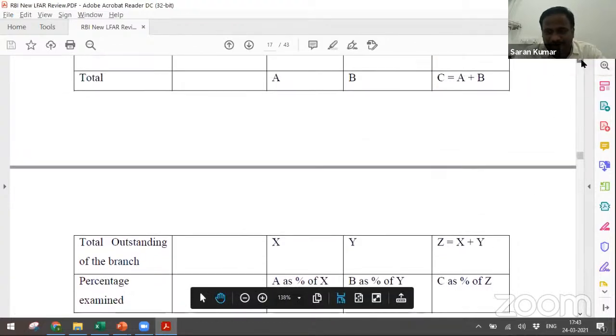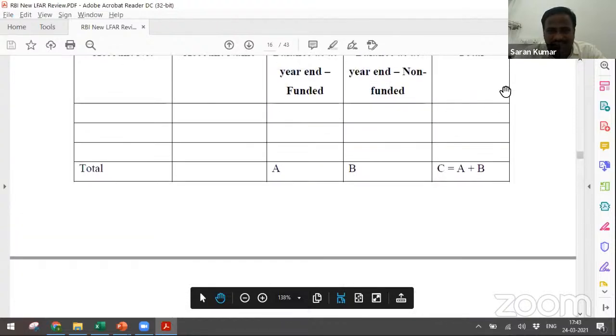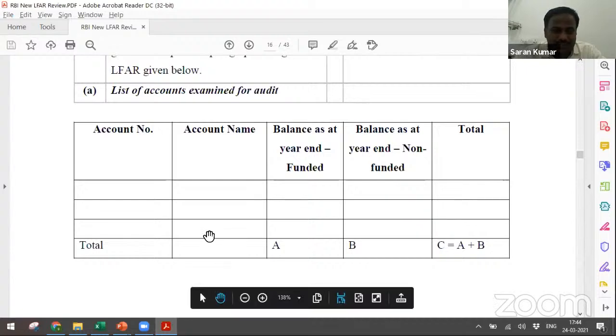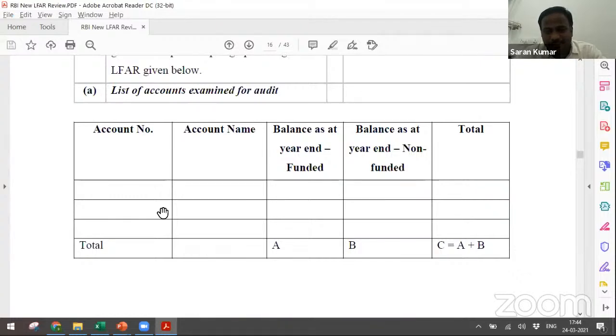To make it bigger, if you put so many accounts here, that means you are confirming to the regulator and the management that you have done the audit of all these accounts. That means you are taking the responsibility of those accounts. Tomorrow you can't escape by saying that this is not part of my sample. If you ask me, the objective of this entire exercise is because they might have got so many inquiries earlier, and the answers from the auditors might be, sir, that is not part of my sample.